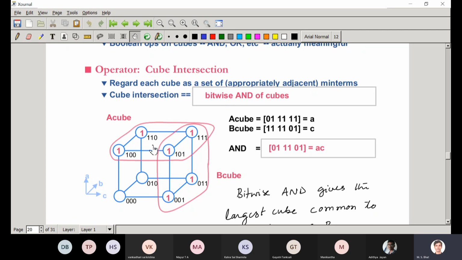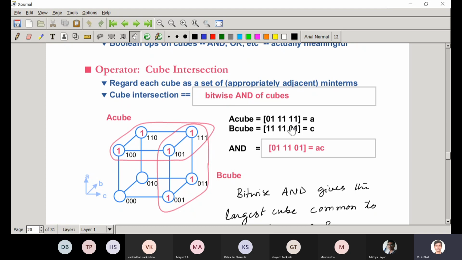Here is an example. Regard each cube as a set of minterms. You have a cube called A cube. It covers the 4 nodes on the top of this 3D diagram. There is another cube, B cube, where you club 4 ones together.